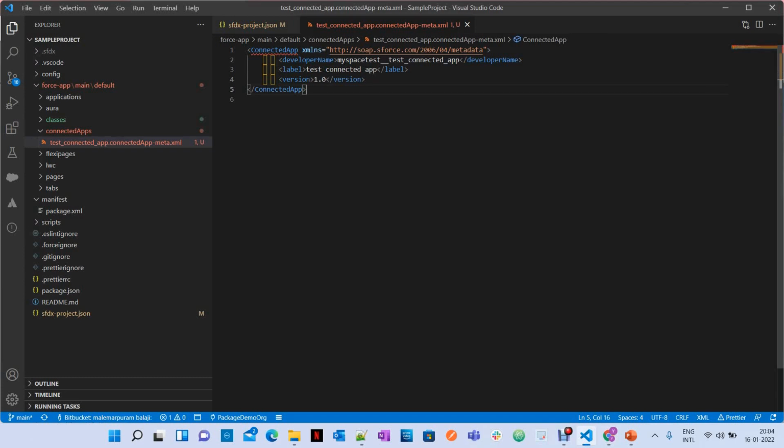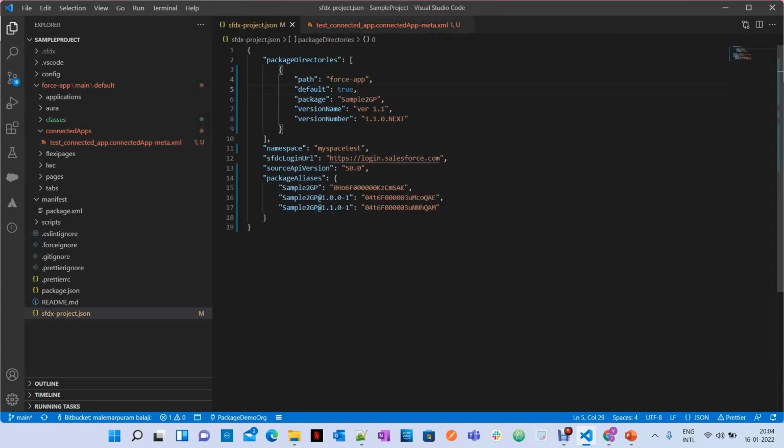There you created a file with the connected app name dot connected app metadata XML. Okay. And then you gave the developer name and label version. That's it. Now let's start creating the version. Now I have version 1.1. Now I'm going to create 1.2 with the connected app. So let's